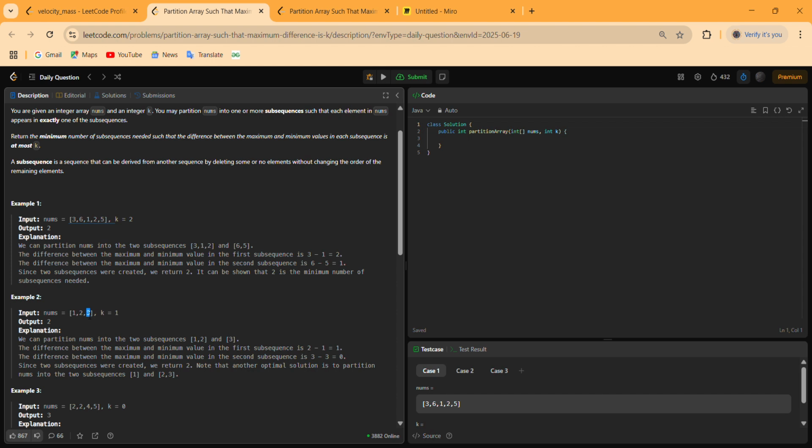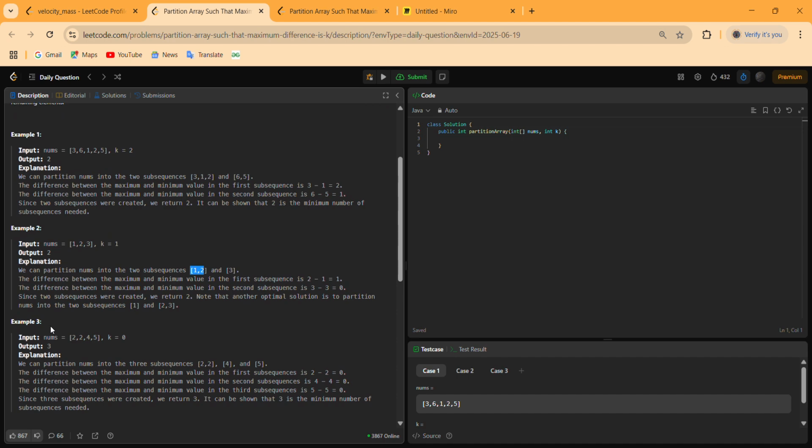So we have to consider at most 2 elements for a subsequence, and the remaining elements will be considered singly if there are no adjacent ones to them. That's why the first subsequence is this 1 and 2 and the other is 3. So in this case, the difference between the minimum and maximum value is 1 in the first and 0 in the second, and both these 1 and 0 are in the range of this k, so we have to return 2 as our answer.